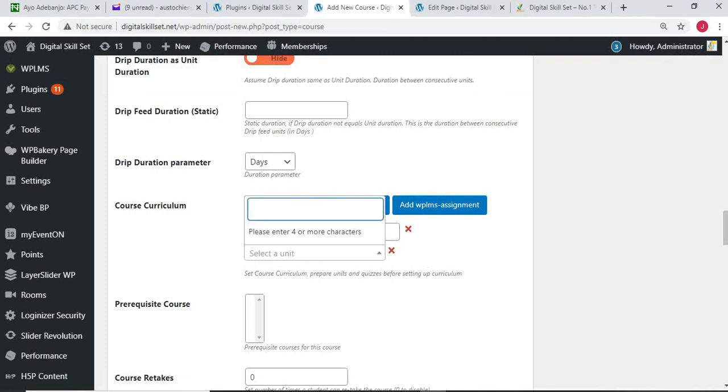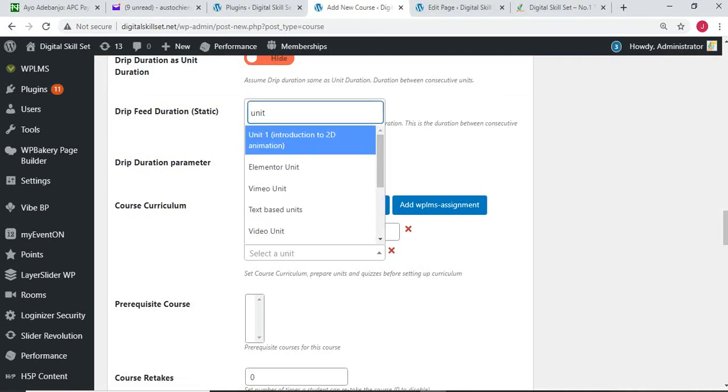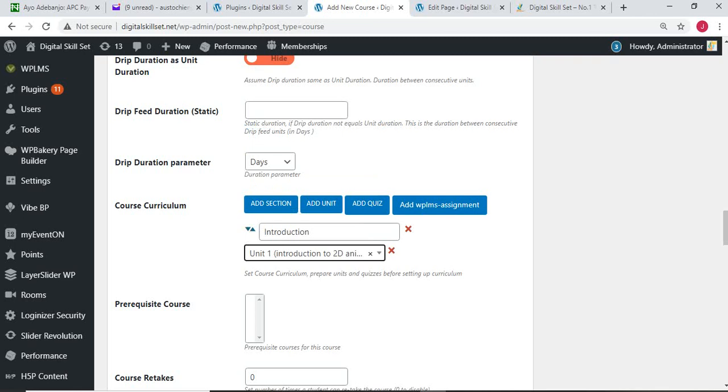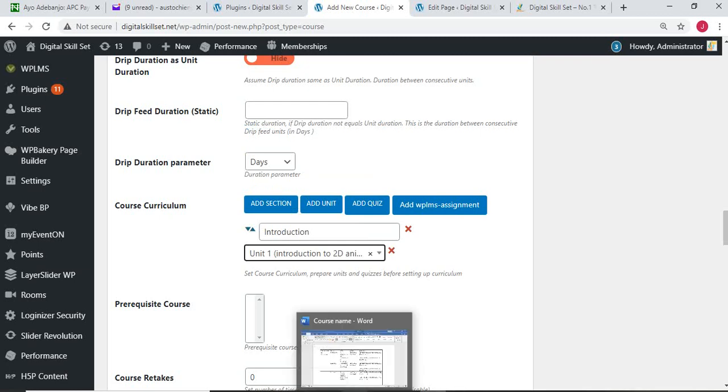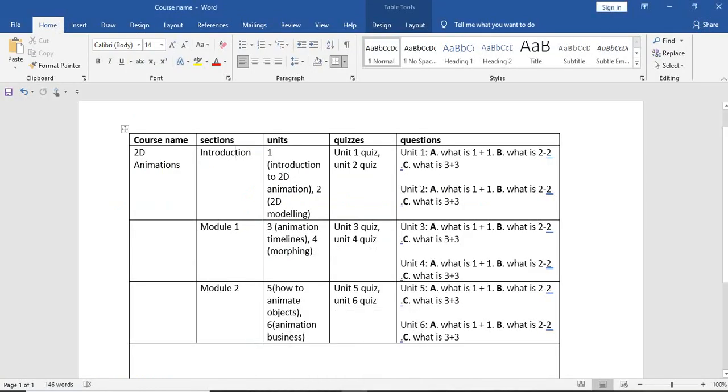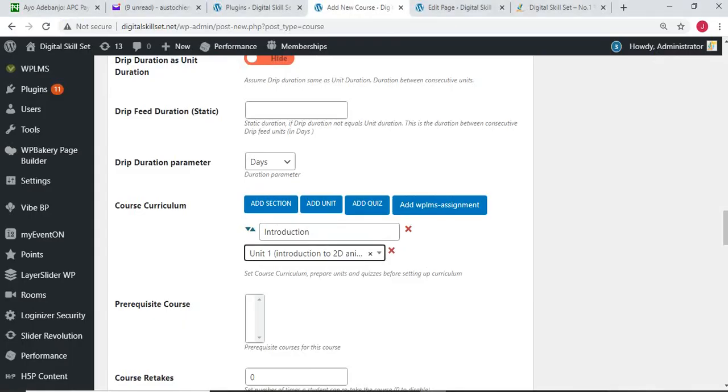So if I click here now, if I search for unit, see, this is the unit we just created. I click on it, it's there. Okay, so that is it. Now remember, the unit, which is introduction, unit 1, has a quiz called unit 1 quiz. Before we go on, we have to attach the quiz to unit 1. So if we say add quiz,